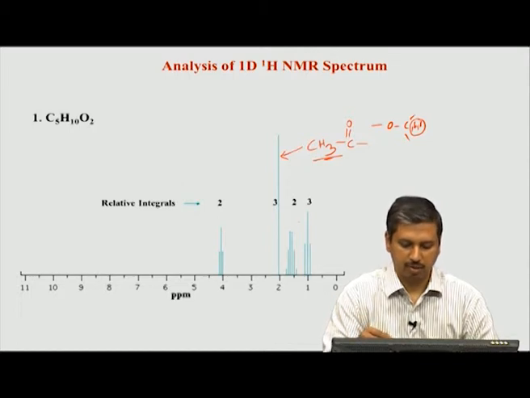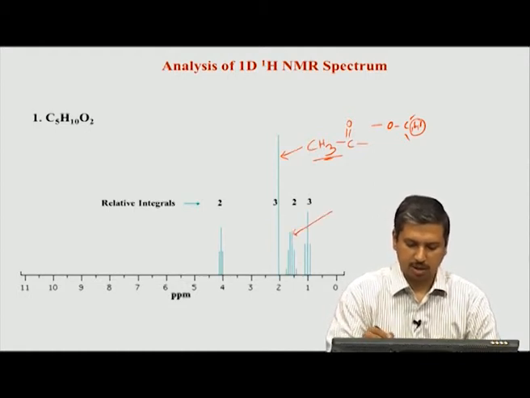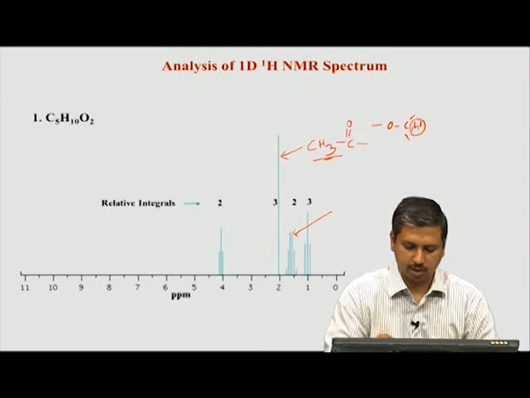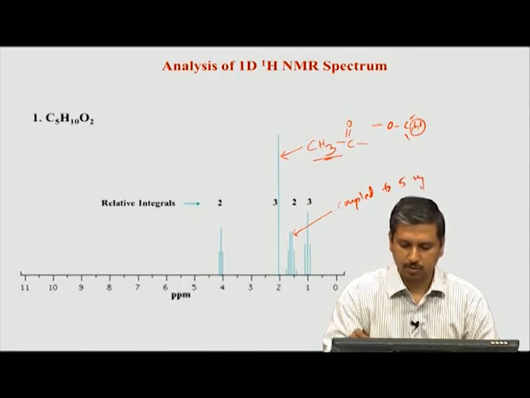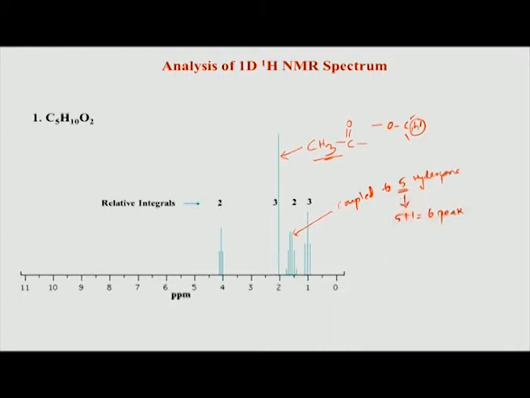So, now remains the remaining 2 and 3. This 2 basically means there are 6 peaks. There are 2 hydrogens here, and these 2 hydrogens are coupled to 5 hydrogens, because only 5 will give you 5 plus 1 equal to 6 peaks. So, this particular hydrogen which is showing a sextet, 6 peaks here, means it is coupled to 5 hydrogens. According to the n plus 1 rule, you expect 6 peaks.